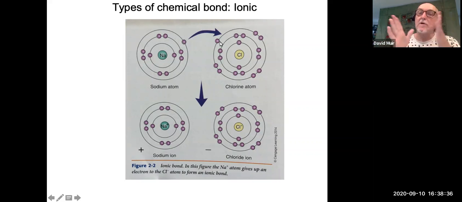And because chlorine now has gained 1 electron, it is an ion, but it is a negatively charged ion. And here's its charge there. In solution, these 2 atoms can be apart from one another quite happily. But if I take the water away and I force these atoms close to one another,